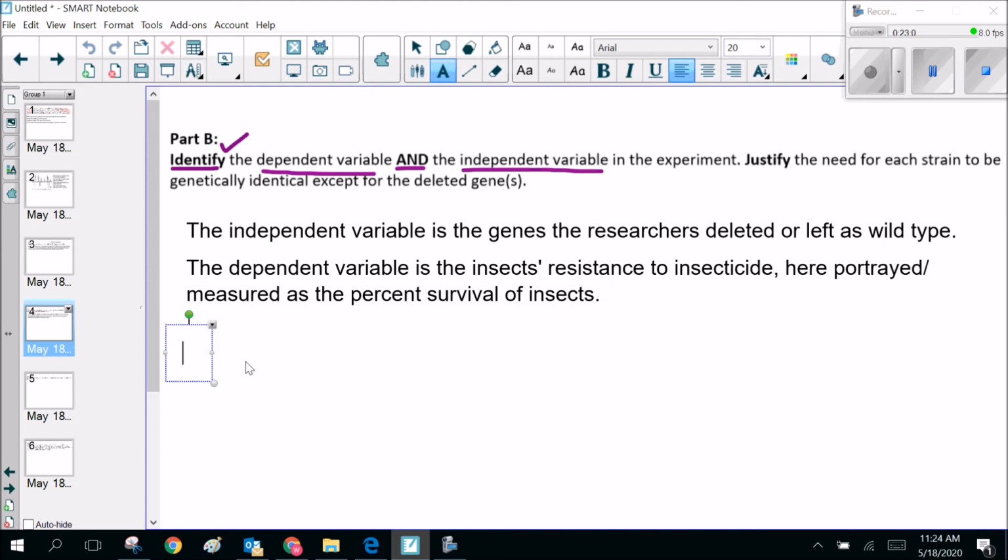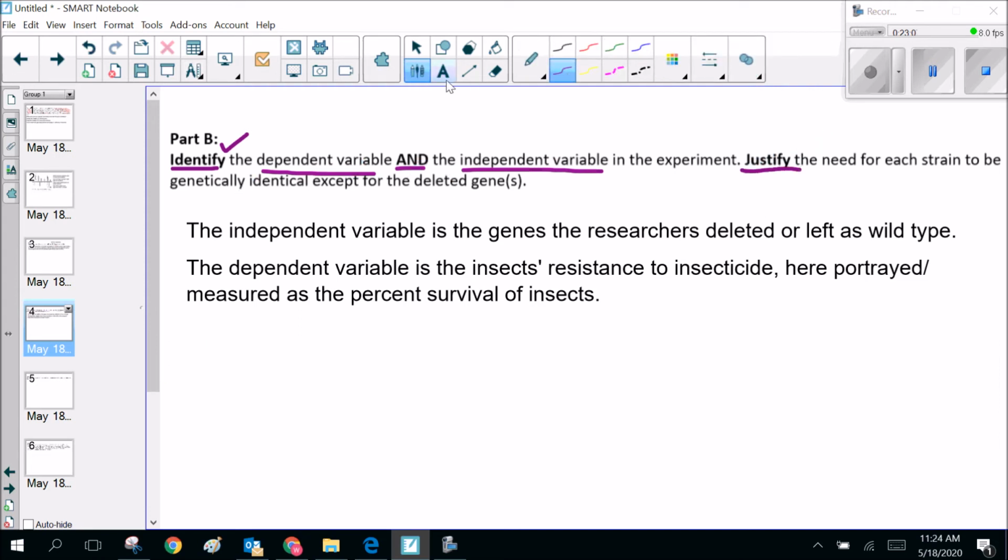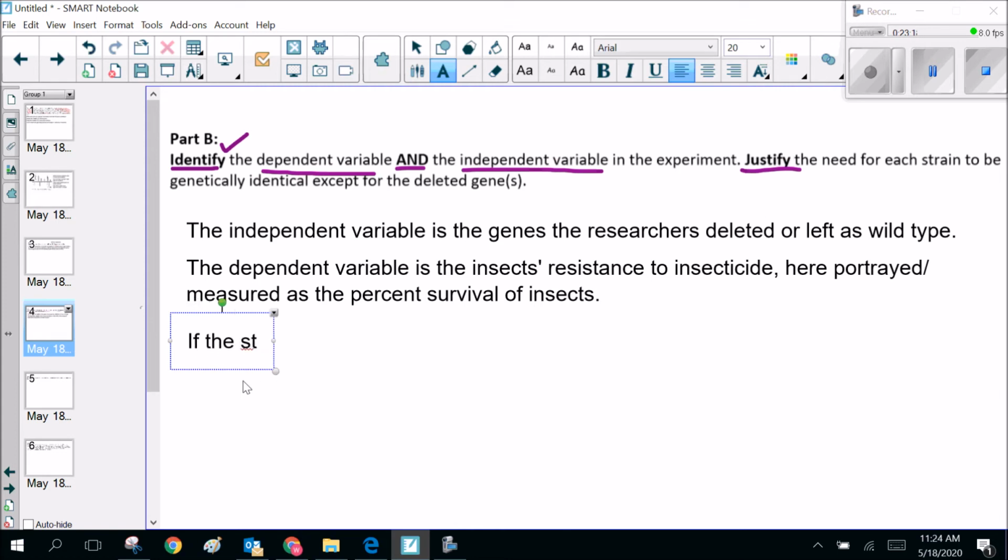Okay, so in justifying, which I'll go ahead and underline because it's a point, in justifying the need for each strain to be genetically identical except for deleted genes, we're basically trying to justify our control. We can go ahead and say, I'm just going to explain it this way. Making all strains genetically identical